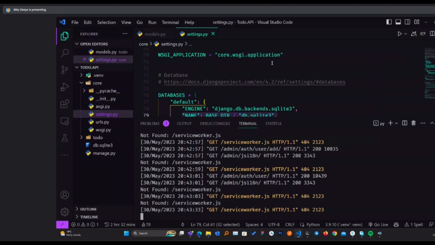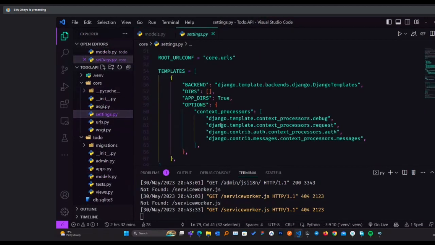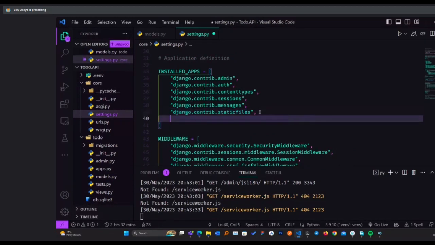So what I'll do is I'll come back to models. So it saved. I'll come to core settings, then I'll come to installed apps. I'll add the name of the app. In my case, the name of the app that we created is todo. So why am I adding it in installed apps?